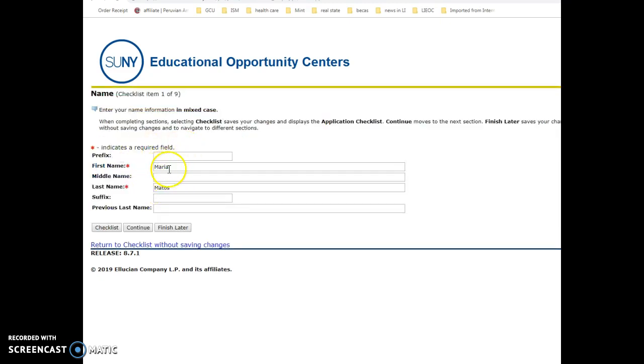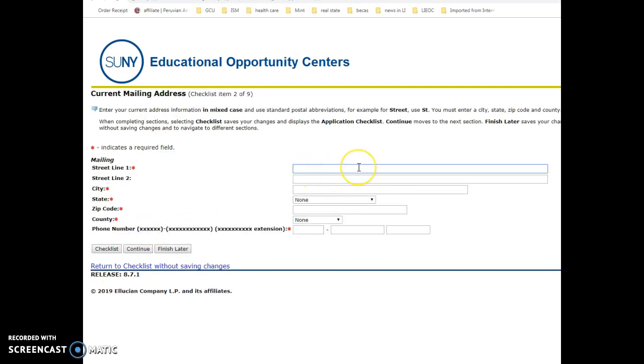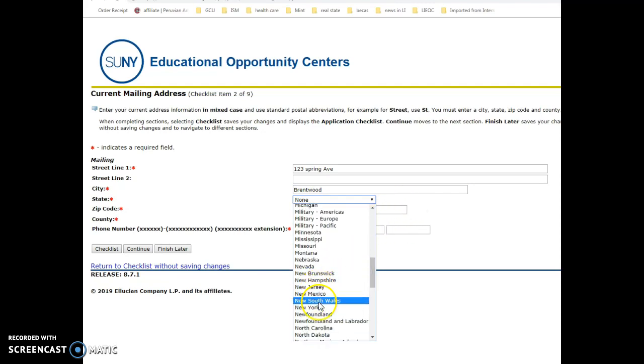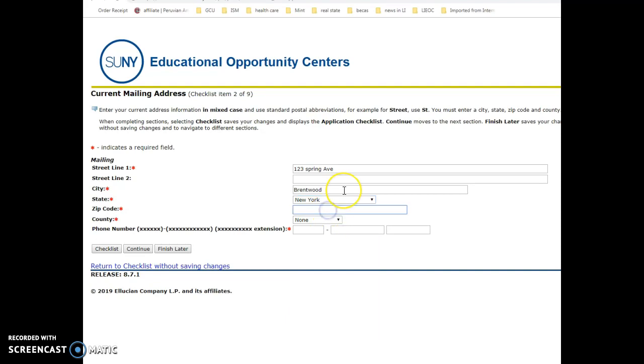First one is name, and you're going to add the prefix. It's very important because if this is not complete, it's not going to let you submit the application. You're going to click on Continue, your address, city, state, New York, zip code,